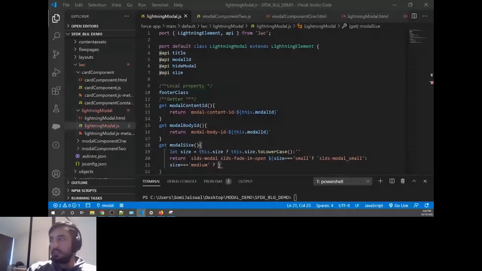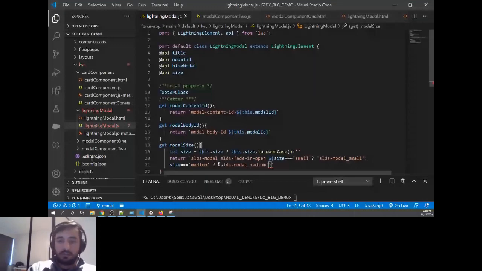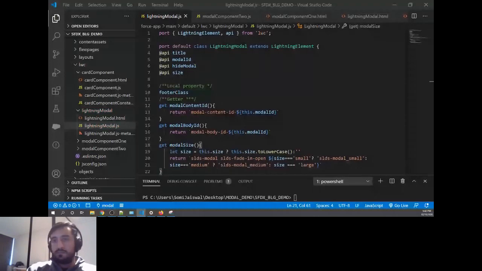I'll just copy paste this class. And otherwise, if size equal to large, then append the large class, that is SLDS model large. If nothing is there, just keep it empty. Okay, so we did three level ternary operators.